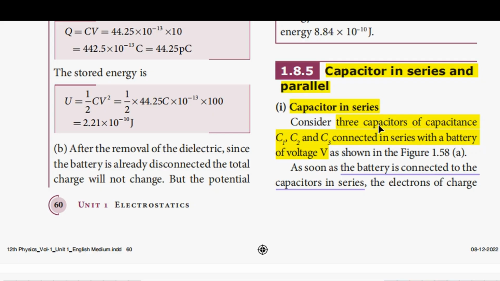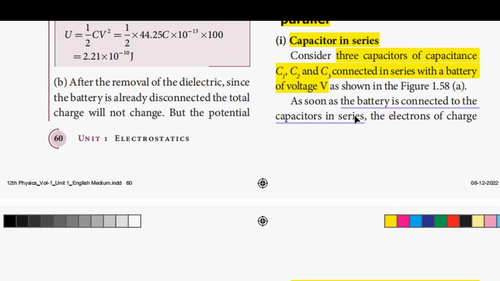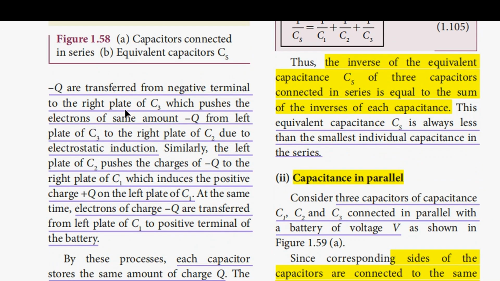In this case, there are three capacitors of capacitance C1, C2, and C3 which are connected in series with the battery of voltage V. As soon as the battery is connected to the capacitors in series, the electrons of charge minus Q are transferred from the negative terminal to the right plate of C3, which pushes the electrons of the same charge minus Q from the left plate of C3 to the right plate of C2 due to electrostatic induction. Similarly, the left plate of C2 pushes the charges of minus Q to the right plate of C1,